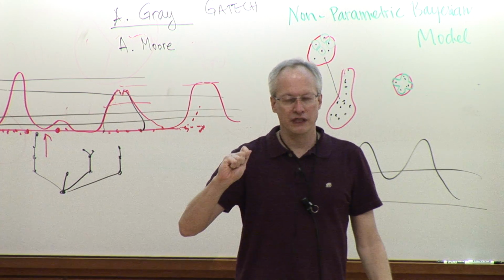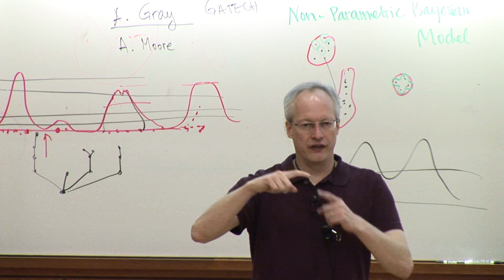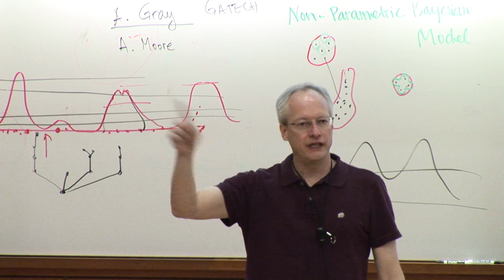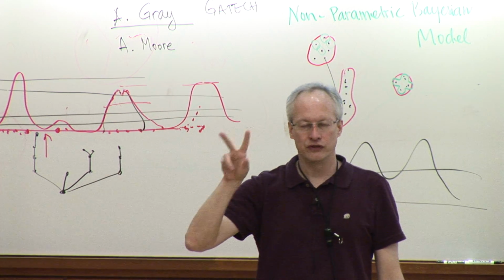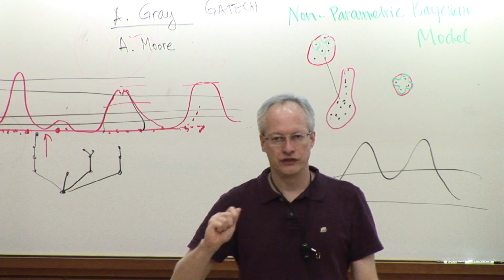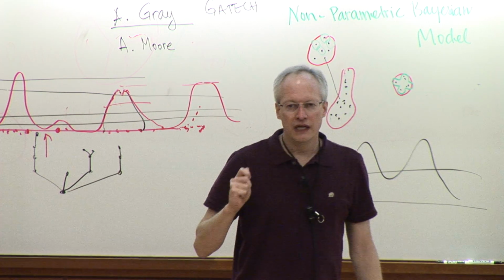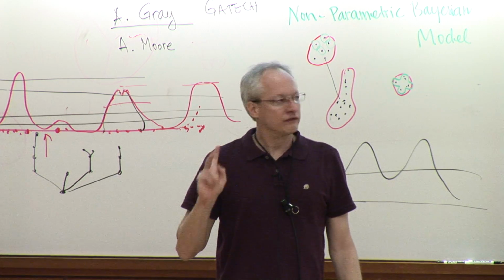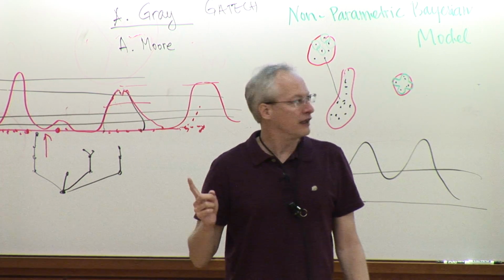But the other thing that we need to do is to change or generalize the output side of the model, from just a linear output to a nonlinear output. Those are the two major topics that I have left to cover in terms of generalizing the models before I start talking about latent variables. So I'm going to do those two things, at least start one of them and finish one of them today.